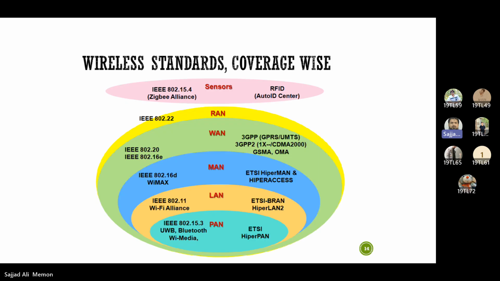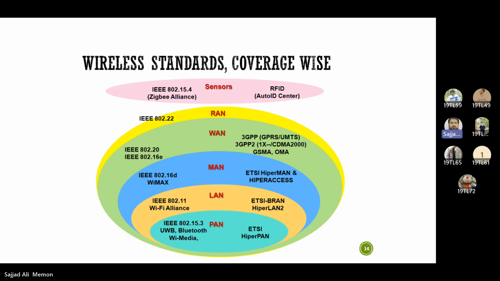Wireless standards, coverage size, so different protocols are mentioned here and their coverage areas. The footprint is shown, and from there you can see that the area is getting larger and larger from PAN to the radio access network, that is 802.22 WAN. On one side it is 802.16e and 802.20. We have 3GPP, 3GPP2, GSM,